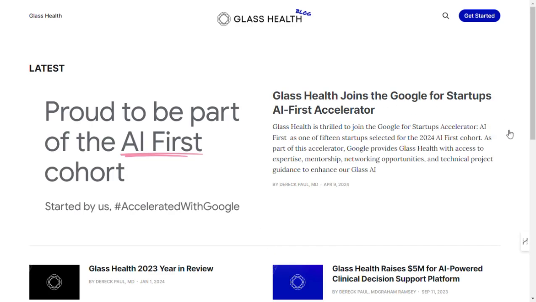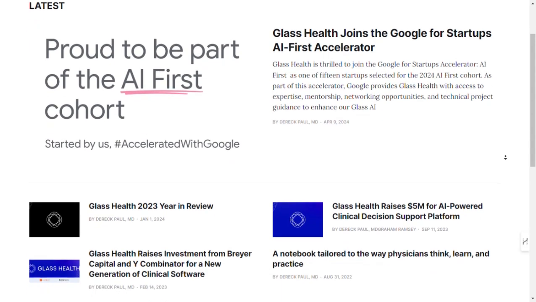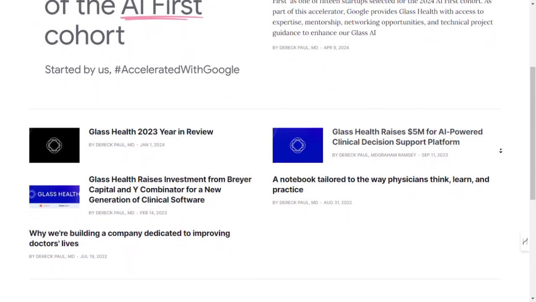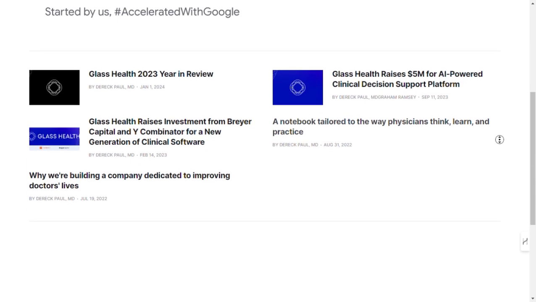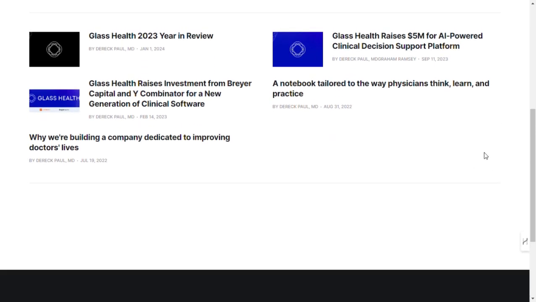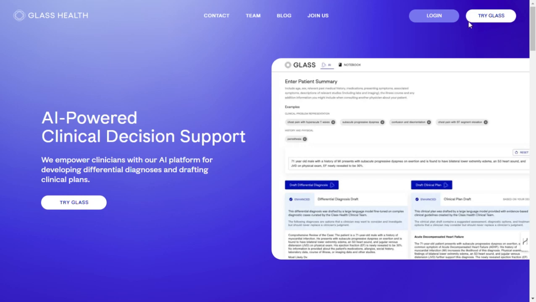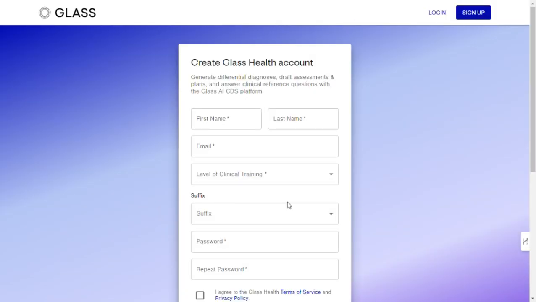Step 5. Review and finalize. It's important to remember that Glass is a tool to assist you, not replace your expertise. Carefully review the suggestions provided by Glass and use your judgment to finalize the diagnosis and treatment plan for your patient. By leveraging AI, Glass can help you save time, improve diagnostic accuracy, and ensure you're considering evidence-based treatment options